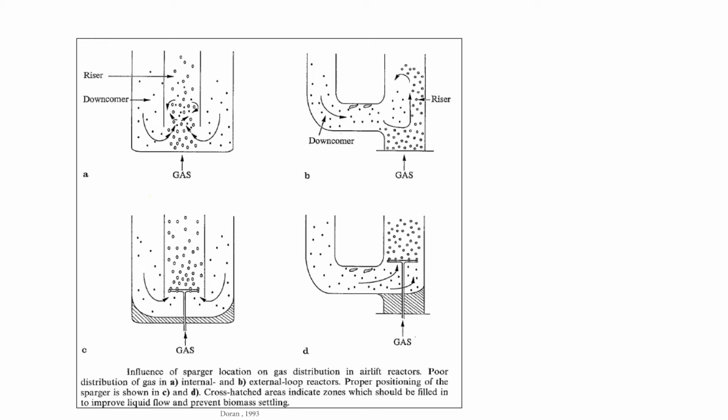So, when you want effective mass transfer to happen in pneumatically driven reactors, you want the suspension also to happen, mixing with suspension. So, what is causing this suspension and mixing? It is only the circulation currents. And what is causing the circulation currents? The density gradient. What is the cause for the density gradient? The gas sparging. If you can see in the picture, it is very well demonstrated that if you change the position of the sparger a little up in the draft tube, then the gas bubbles would drive in the direction in which it is desired, thereby creating the right circulation currents and improving mixing. So, lesser chance for dead zones at the bottom of the reactor.